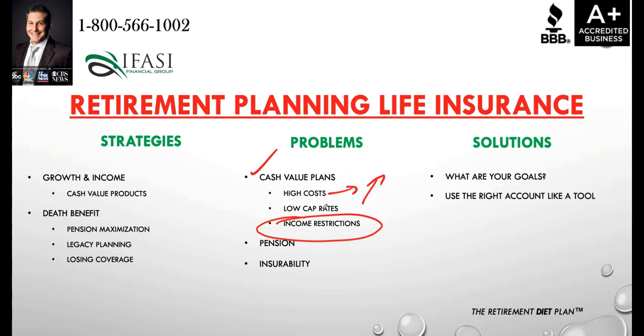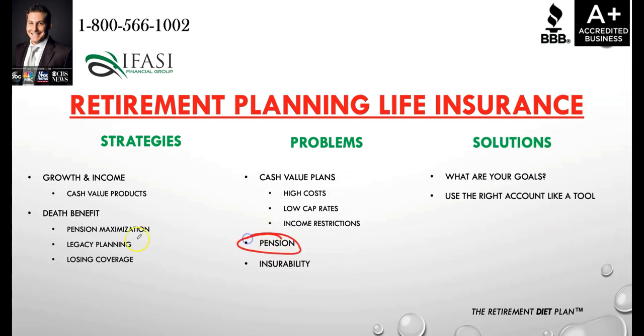You could have a loan provision set up in index loan options. You could have it set up in variable loan options. You could have it set up in fixed loan options. You have some carriers that only give you access to a fixed loan option. That's a huge detriment compared to another carrier that could give you all three of those options or two of those options that are not just handcuffing you to saying, okay, you could only take a fixed loan option, because what a fixed loan means is that you would receive less money than what you're capable of arbitraging your dollars with an index loan or a variable loan. So it's all these little slight tweaks that make such a large mathematical difference.